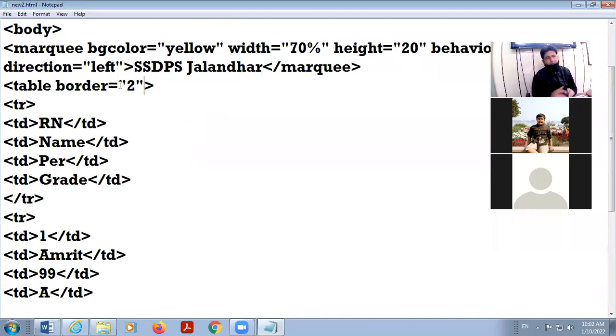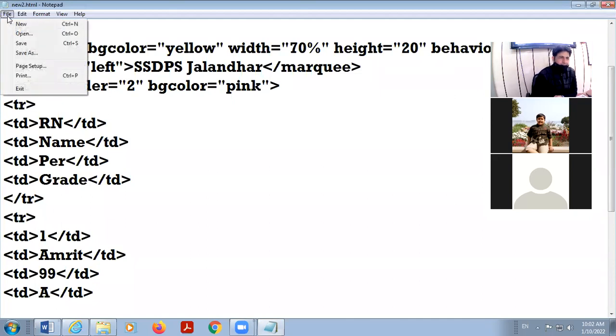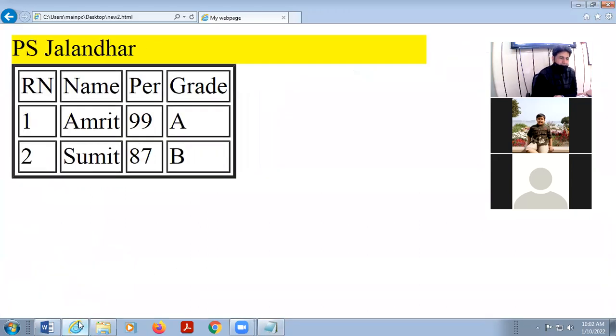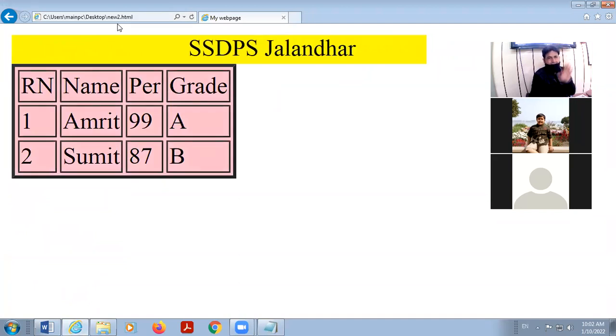Now there are some more attributes of the table tag. One is BG color. I take BG color is equal to pink. I save it. Okay. So it will set the background color.